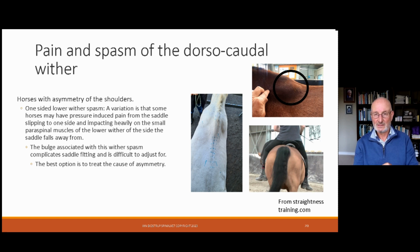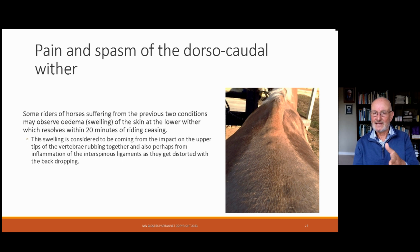And these horses need not only the right sort of saddle, and they need the pressure kept away from the upper part of the wither, but they also need some therapy to deal with that. In some cases where they're spasming and tightening at the base of the wither, you'll actually get a buildup of fluid at the base of the wither that only lasts for 20 minutes or so. And this is not often seen by therapists, but mainly reported by riders, and I have a number of photos of them. I think I've only ever seen one actual live case. Because it disappears, a lot of people ignore it, but it is a red flag to say that the horse